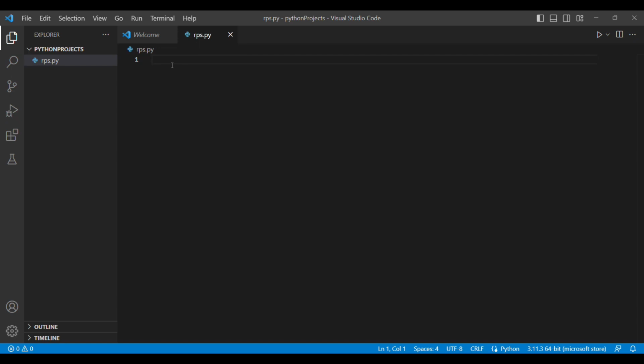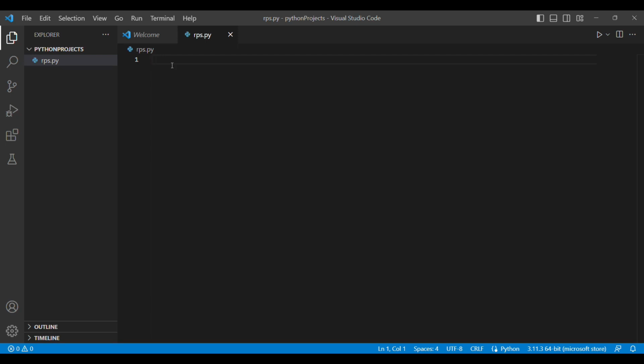That means you can use the functions that other people wrote inside your own code. In our rock, paper, scissors project, we're going to be using the random library, which includes a function called randint, which helps us select a random number from a selected range. And we'll see how that is useful in our project.